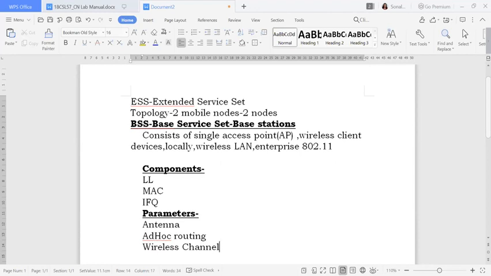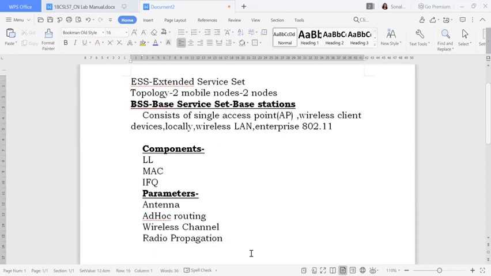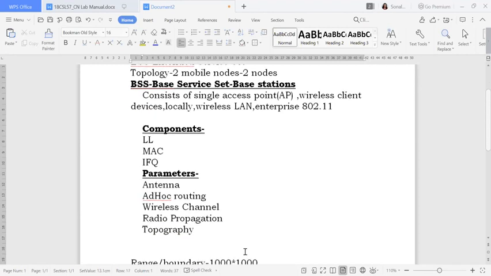Then you are using some propagation model, a radio propagation model. That I'll also write down here. That is your radio propagation. Next, some instance value will be there for the topology, or you can say the topography. That is also one kind of parameter.